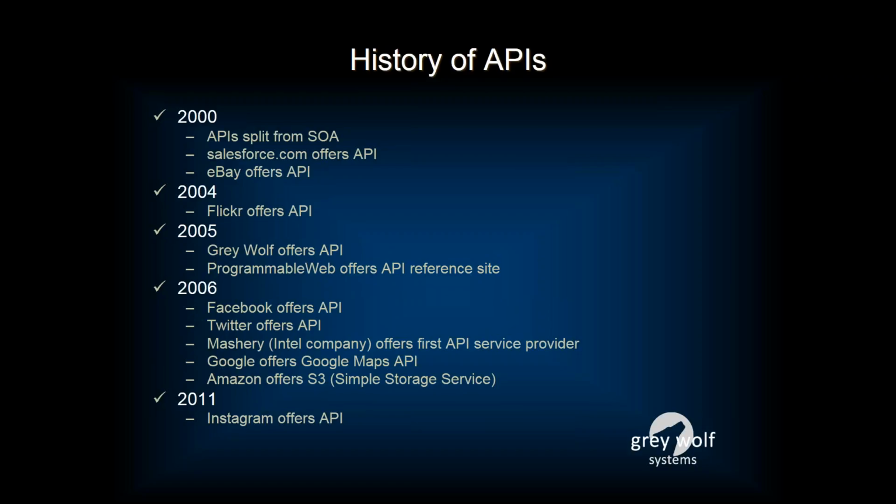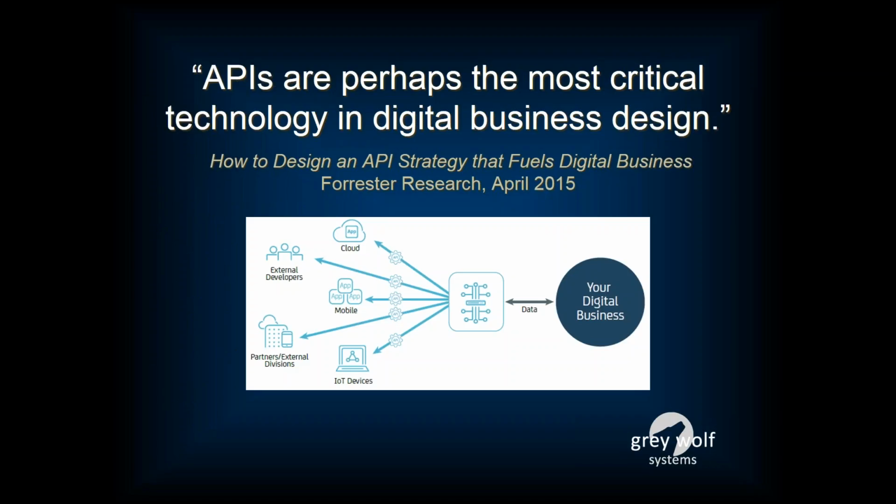Facebook, Twitter, Google, Amazon, and Instagram, they're all coming out with a set of APIs. And if you follow it far enough and jump into Forrester Research, which, if you don't know this, I assume you do, Forrester Research and Gartner Group, those are the major industry pundits in the technology world. Back in 2015, what they said was that APIs are perhaps the most critical technology